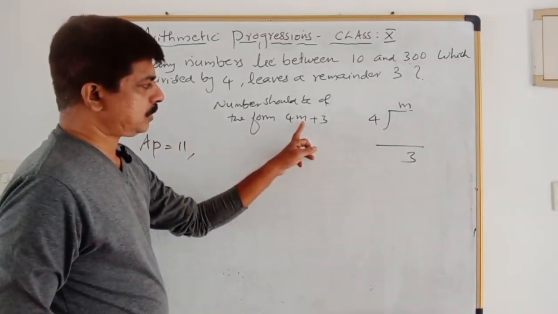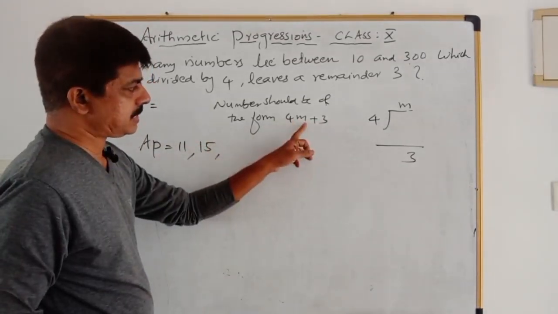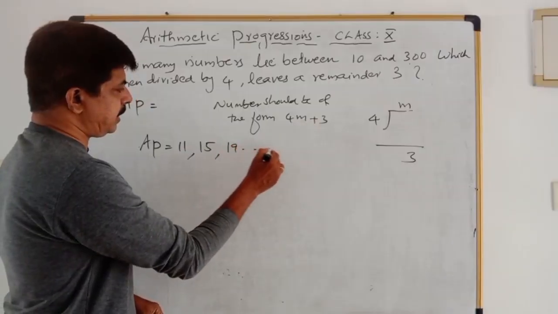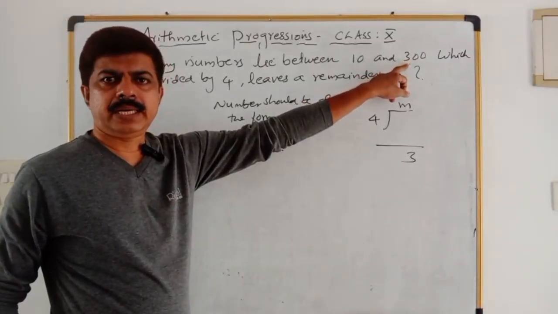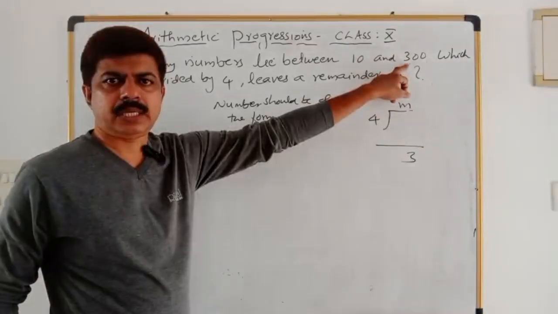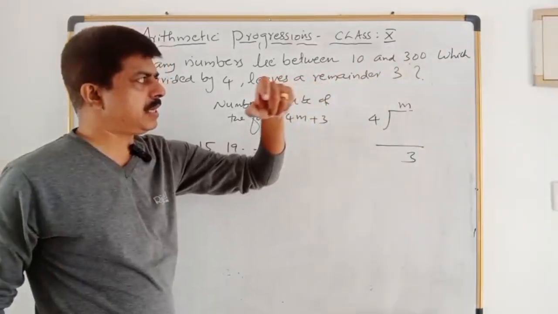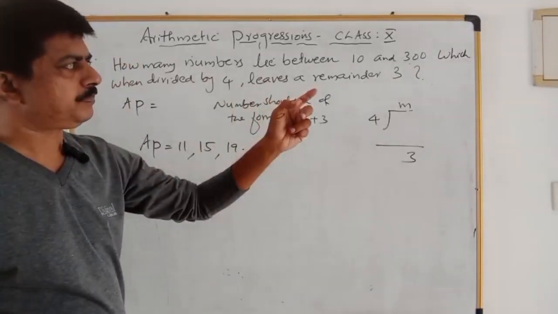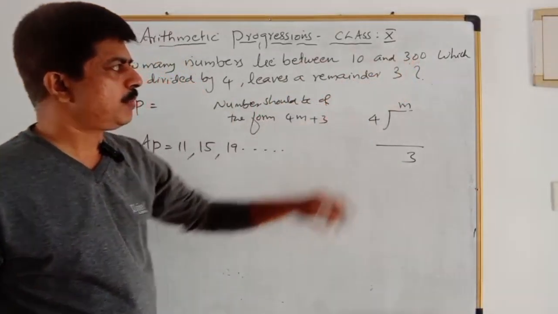Now 4 threes are 12, 12 plus 3 is 15. 4 fours are 16, 16 plus 3 is 19. Already 300 is divisible by 4. We know that 300 is already divisible by 4. But what is the preceding number? The previous preceding number divisible by 4,